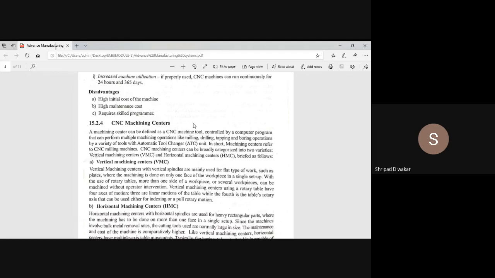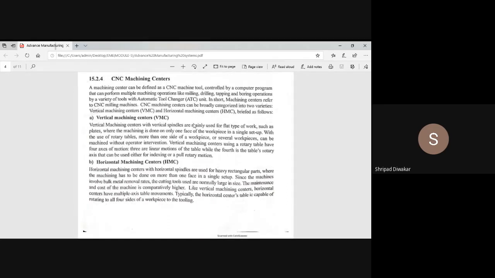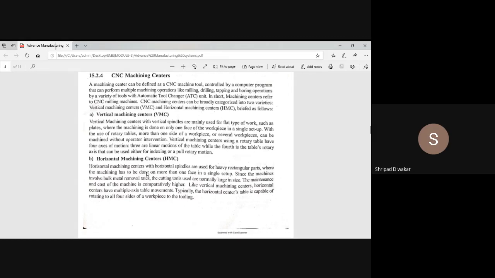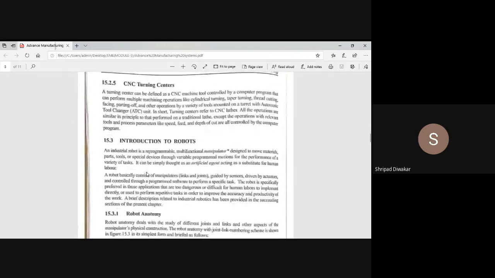Next, the CNC machining center. A conventional machine, for example a lathe, we call a conventional lathe. Whenever we use the lathe with computer numerical control, we call it a CNC turning center. Turning center means CNC lathe, both are the same.